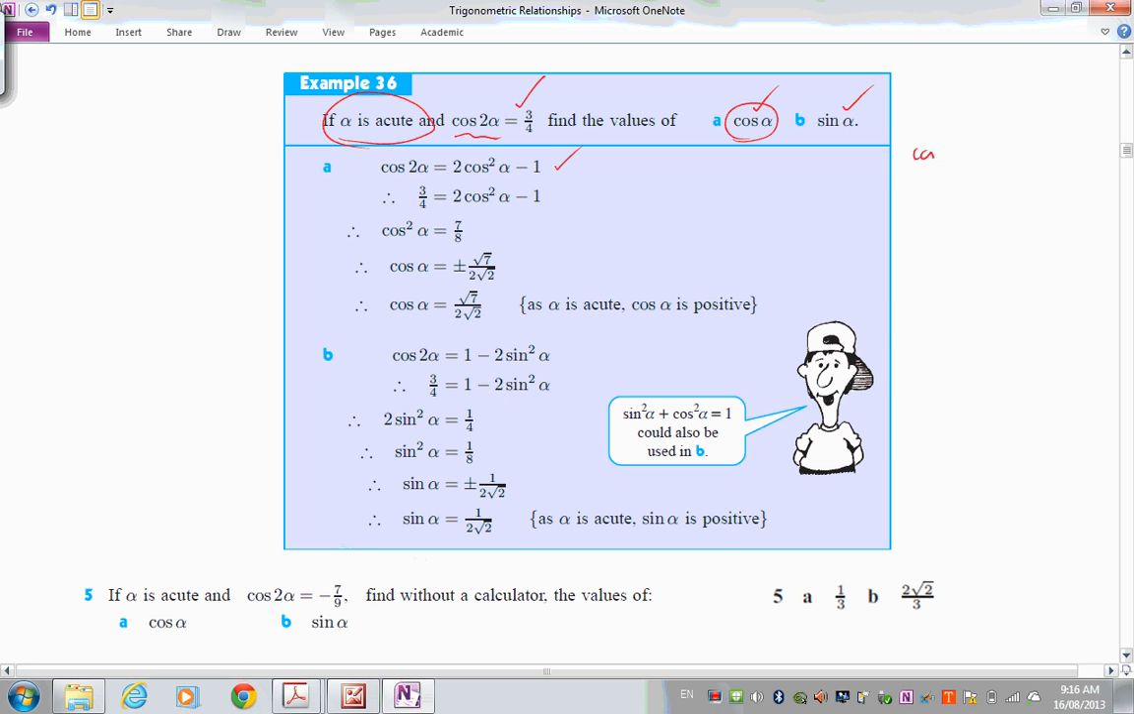Remember the ones we've got: cos squared alpha take sine squared alpha, 2 cos squared alpha take 1, and 1 take 2 sine squared alpha. We're going to choose this one because we want cos, and that's the one with just cos's in it. So we can put our cos 2 alpha in, add 1, so cos squared alpha is 7 over 8, sorry, and here then taking the root plus or minus, but then choosing the positive one because it's in